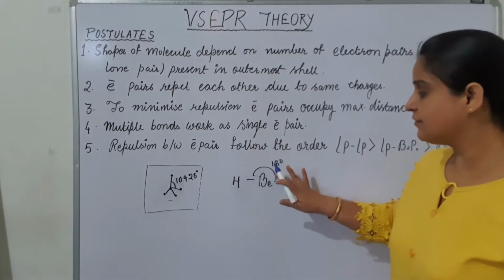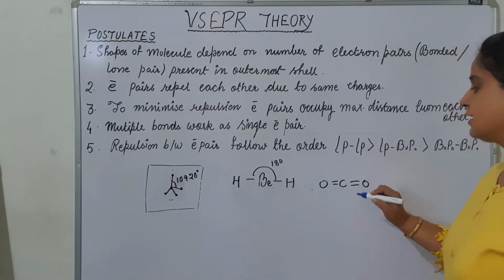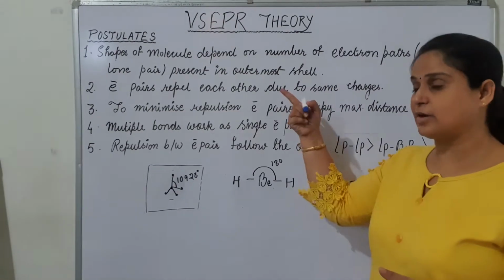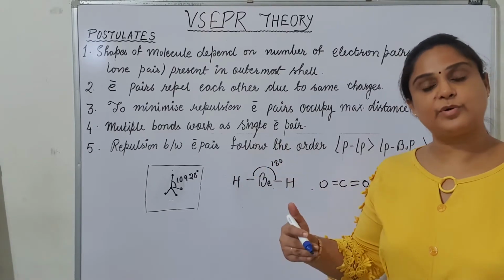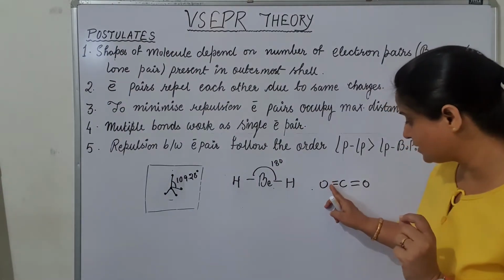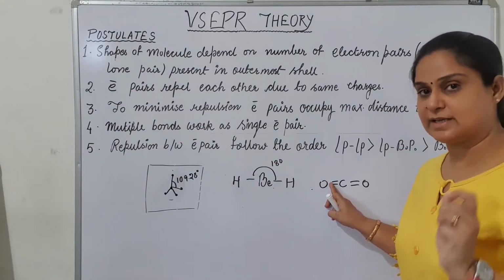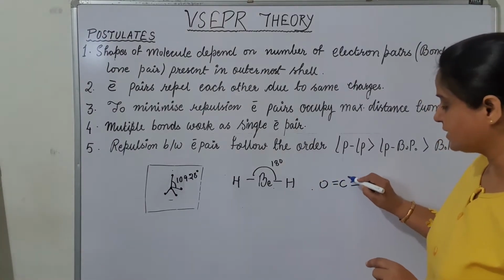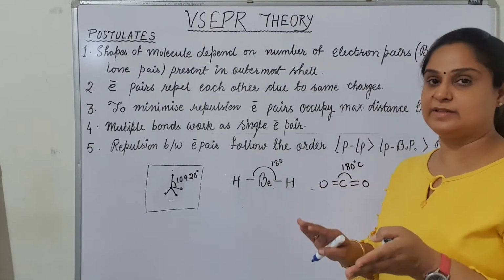Okay. Same way, if I am drawing the structure of carbon dioxide, can you see this? Carbon dioxide. Here we have double bond. But in this, according to this valence shell electron pair theory, we have to treat the double bond just like the single bond. We are not supposed to maintain the distance between these 2 electron pair. So multiple bond will be considered as a single bond, and then single bond, and this will be considered as single bond. Then they are going to maintain the distance by maintaining the angle between the atoms.